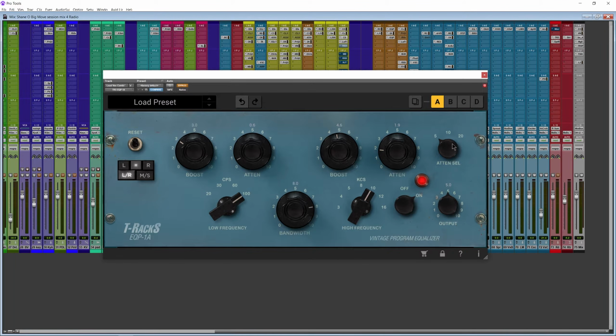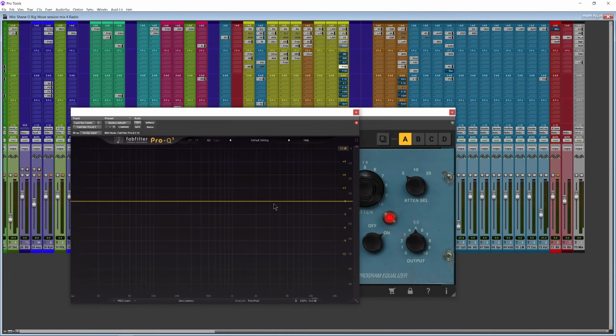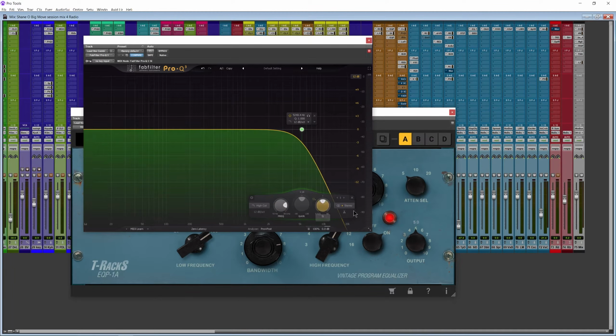So what I had done is at 5,000 hertz, I attenuate, let me use the term on this particular EQ, I attenuate by 2. I think the slope is about 6 dB per octave. So let's see if we can get an idea what it might look like. At around 5, and we have a high cut, it would look something like that. Well, we can change the octave, so I'm going to put it at 6 dB per octave.